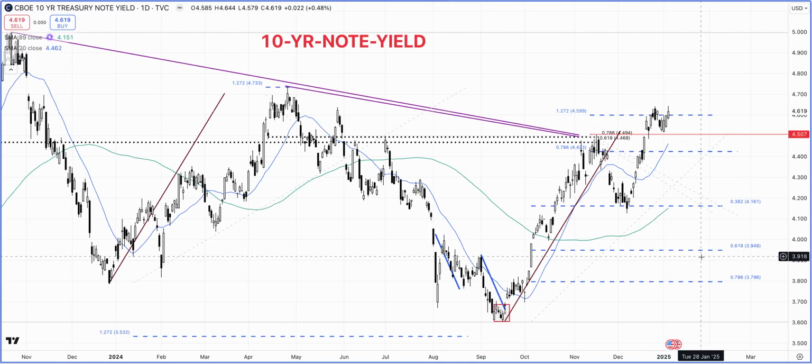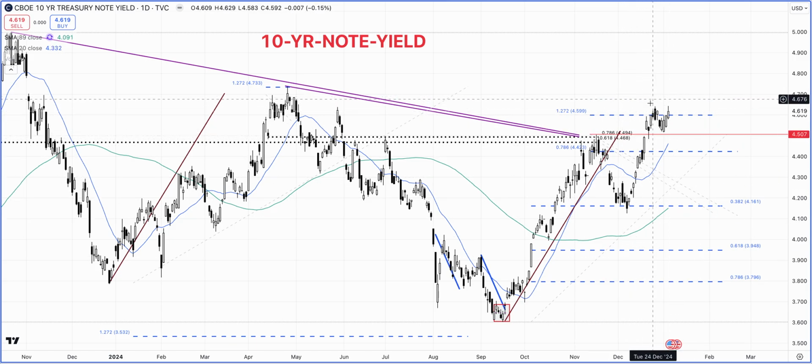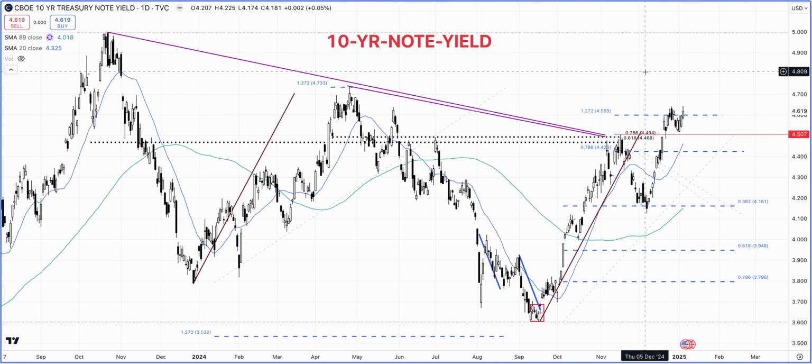And you can see on the longer end of the curve, the yields actually rose today. Where we are here, there's a possibility we might see some sort of trading range behavior and then the yields pull back. That is a possibility. So we'll just keep on watching this. And on the